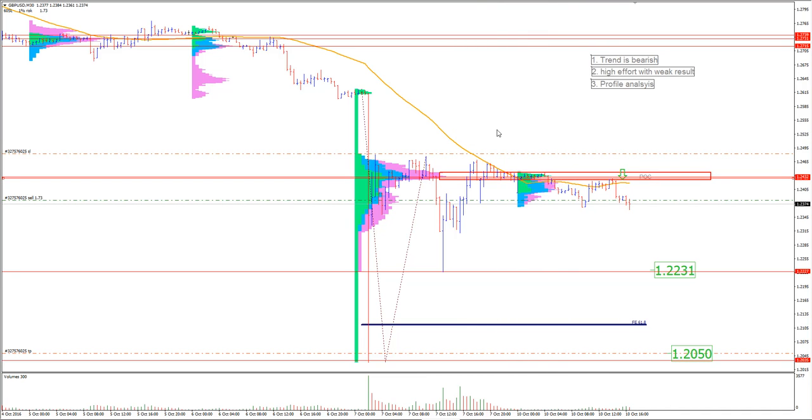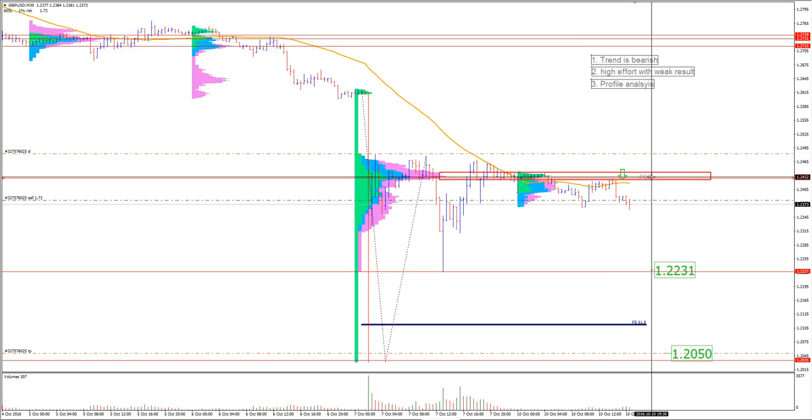The point of control level, maybe you don't know about the profile. This is some basics of the profile analysis. The point of control is the area where the price was most of the time during Friday, let's call it that way. So this is the point of control where traders trade most of the time, and that price is the point of control. And clearly you can see here that the point of control is around